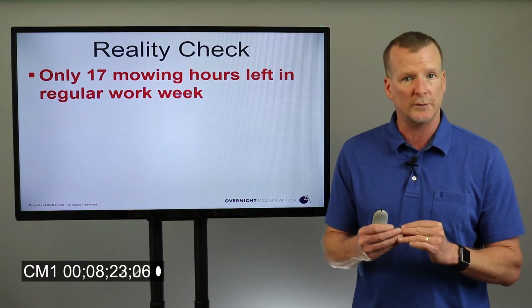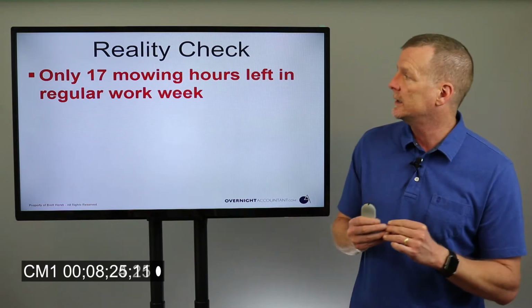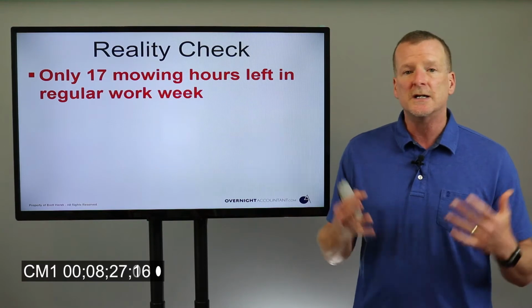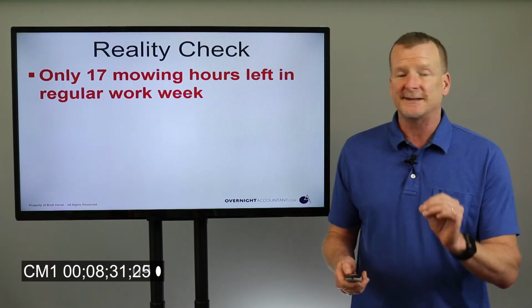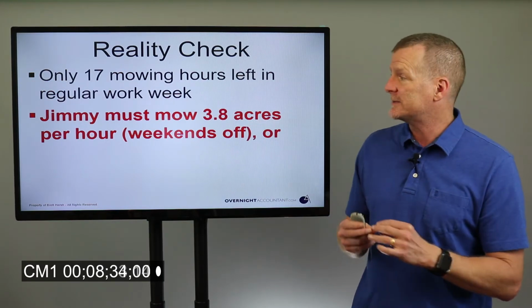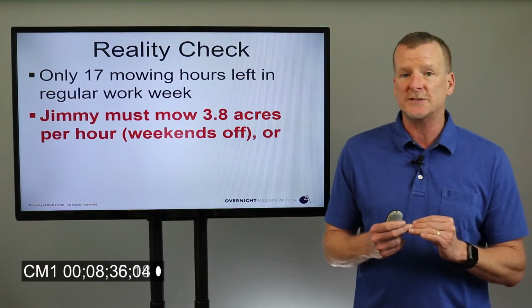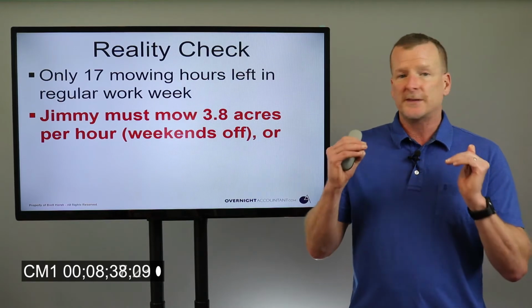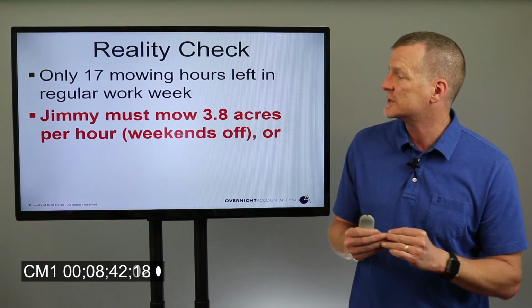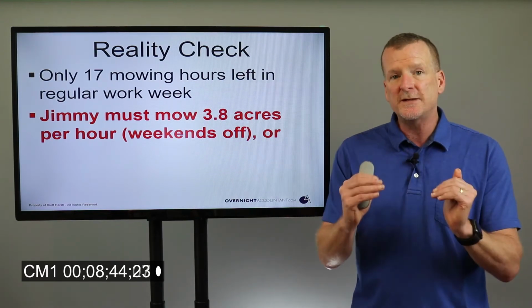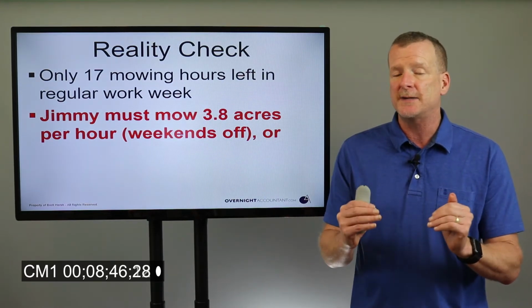But he wants to work a regular schedule, that's his goal. He wants to have a life. So he can only really mow 17 hours during that 40-hour work week from Monday to Friday. You know, that's all he's got. So that means Jimmy's going to have to mow a lot more acres per hour. He's going to have to mow 3.8 acres per hour in that 17-hour time frame if he wants